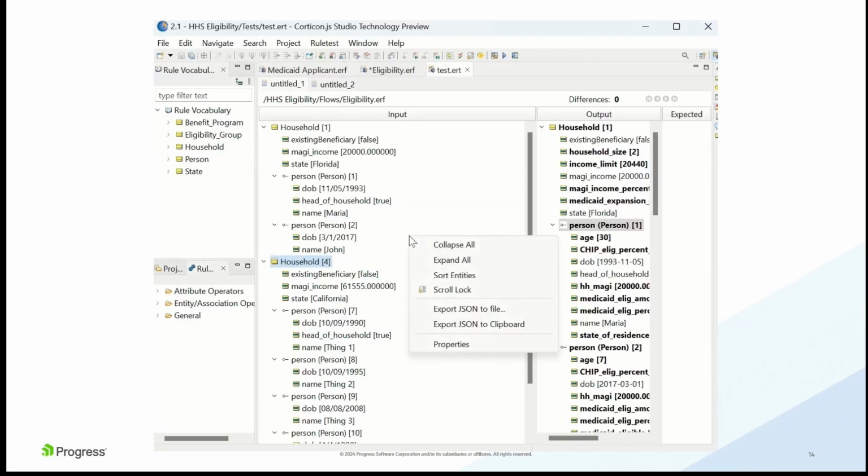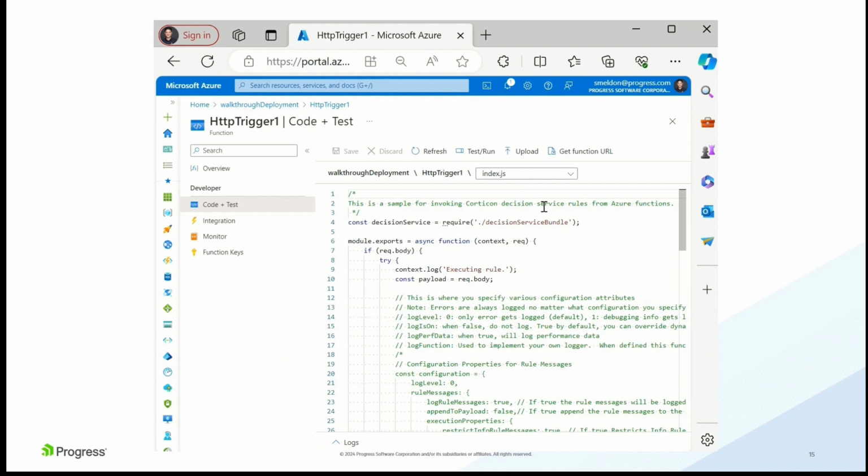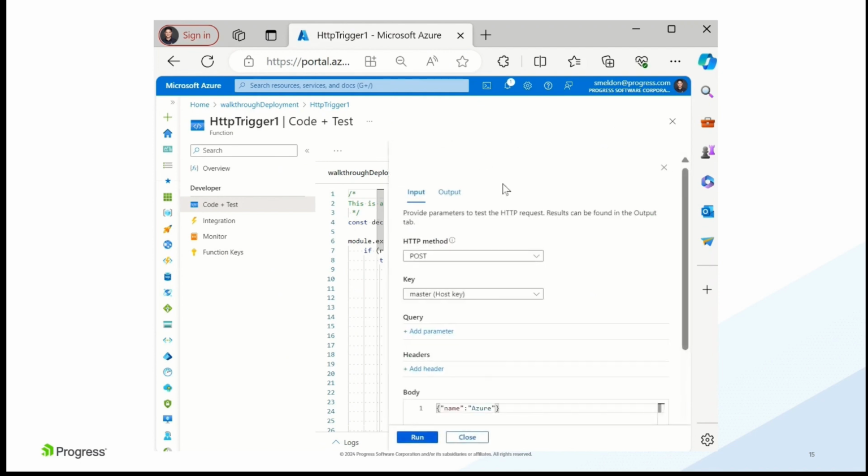Back within Corticon.js Studio, I'll again export this JSON to clipboard. Again, this is showing me what the rule test view of this decision service test case would look like, but under the covers, we're going to be invoking this decision service at runtime with the equivalent sort of input payload in a JSON structure. So I've copied that to my clipboard, and now let's go to the test/run button within